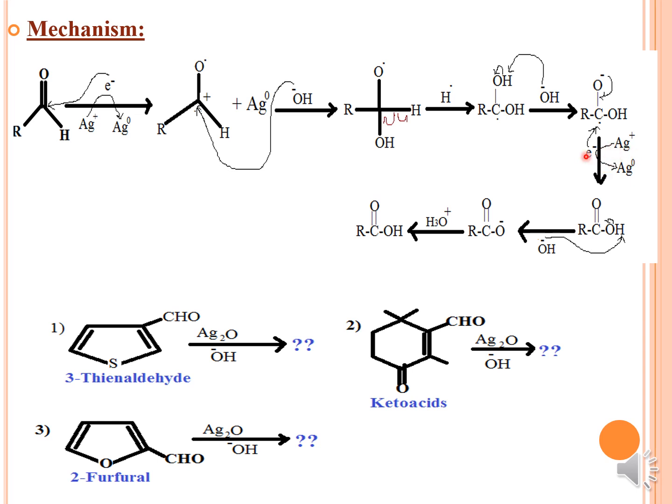Once the radical anion formation takes place, there is an attack of one more Ag plus. So what happens here, again one of the electrons will go attack the carbon free radical, and meanwhile there is a shifting of this ion over here, and this carbon gets satisfied, and then this charge shifts here, making it a double bond, and then you will generate the carboxylic acid.